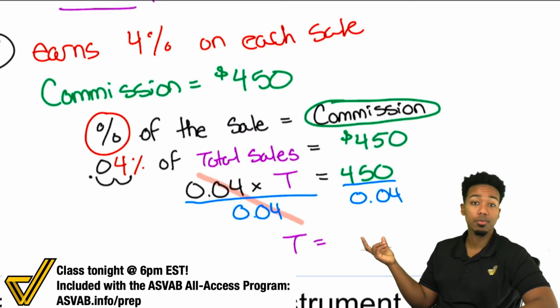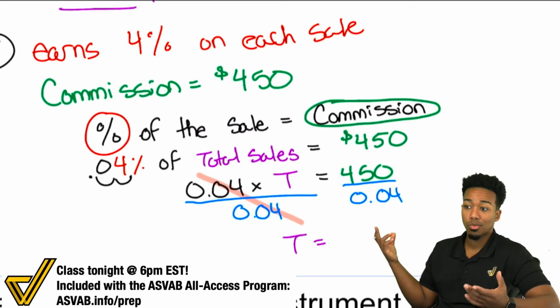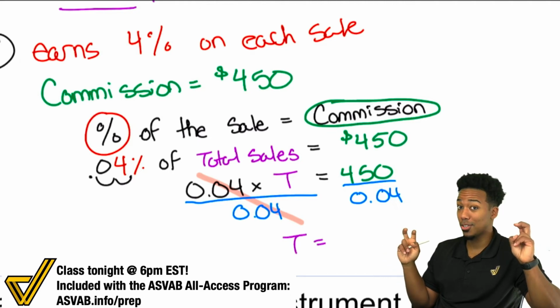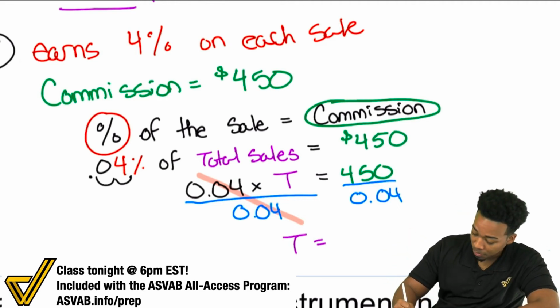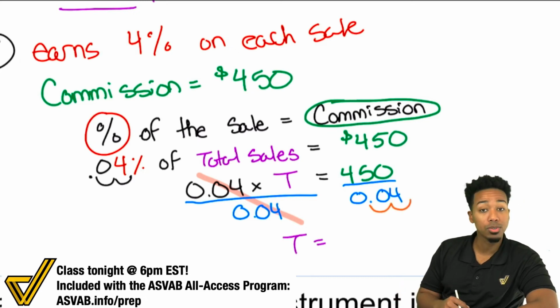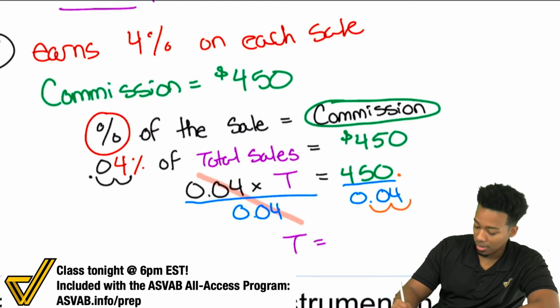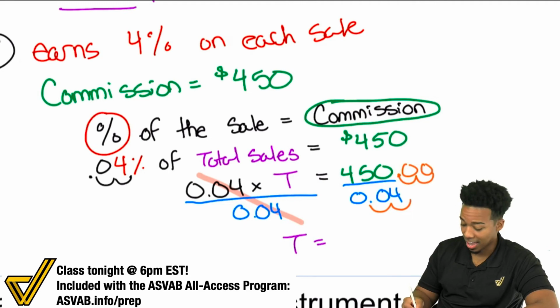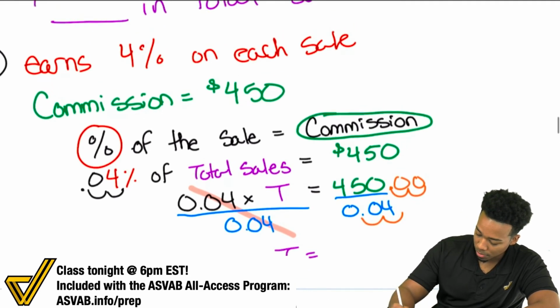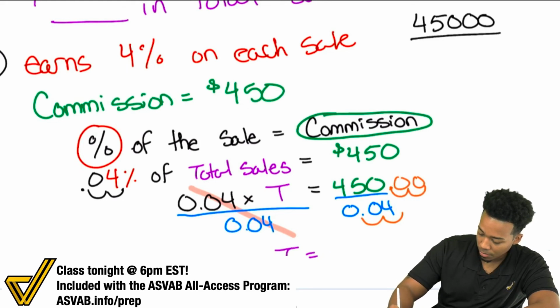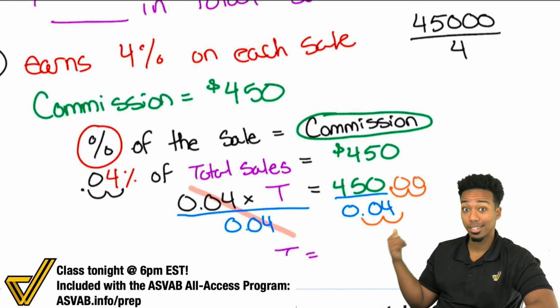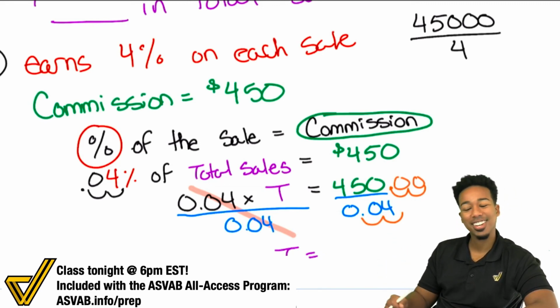But what you can do to make your life easier when dividing by decimals, remember this with fractions. Whatever you do to the top, you must do to the bottom, right? So what that means for me is, if I wanted to get rid of this decimal and move it to the right 2 times, I would take this decimal right there, move it to the right 2 times. Make my life easier. So that turns into 450 with 2 extra zeros divided by 4. That's actually nice and easy, right? Let's take care of business and let's have a good time.